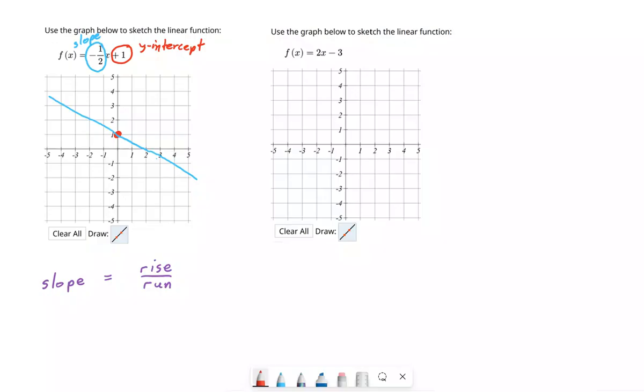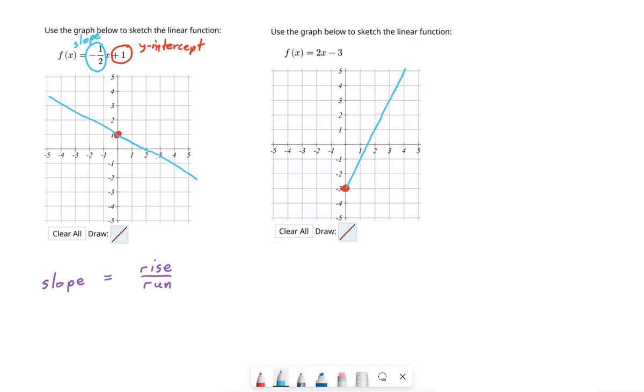Now with the next one, on the right side, we see this graph has a y-intercept of -3. So I've marked that on my graph. And now I want to draw a slope of 2. Well, what does that mean? That means it goes rising 2, so it goes up 2, and I'll draw it with arrows this time. I'm going to go up 2 like this, and then over 1. So up 2 over 1, and that's going to make a diagonal line that goes up and to the right,